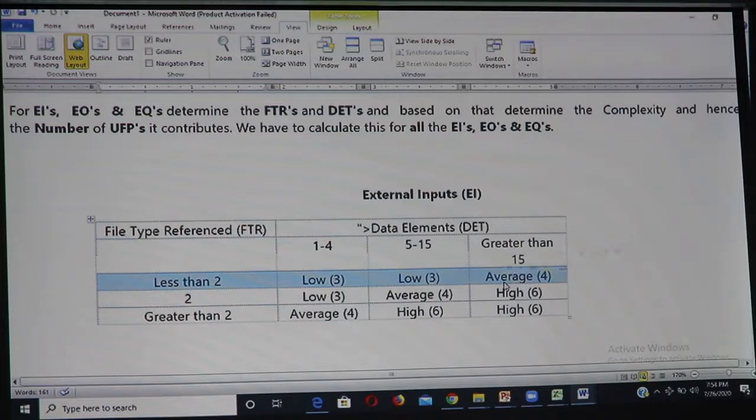go on adding. If in my application there are 20 tables, for example, that are getting added or modified, then based on the overall table that is visible here, you can decide based on data elements, or number of fields, how many points we need to consider, in fact how many EIs there will be.